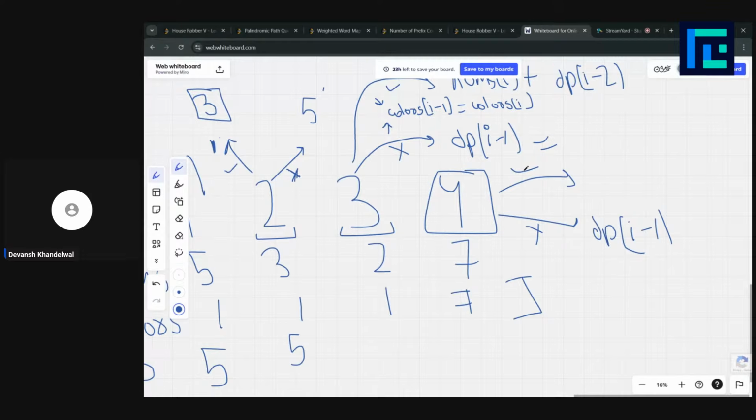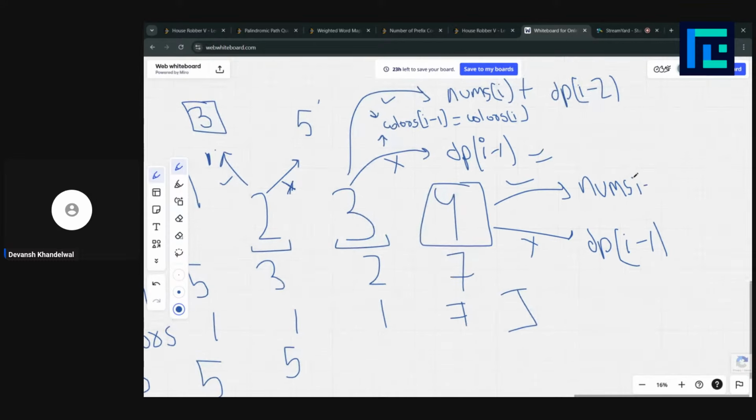Otherwise, if we take this, this would be nums[i] plus dp[i-1], because the color is not the same as the previous one. These two are different. These two are not equal.